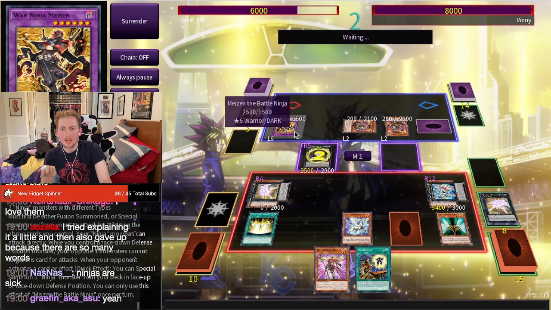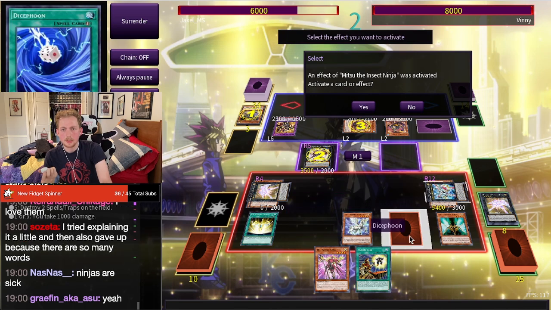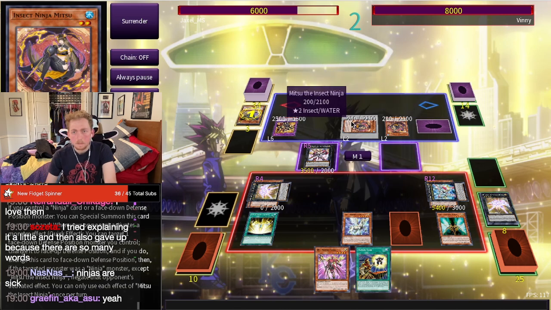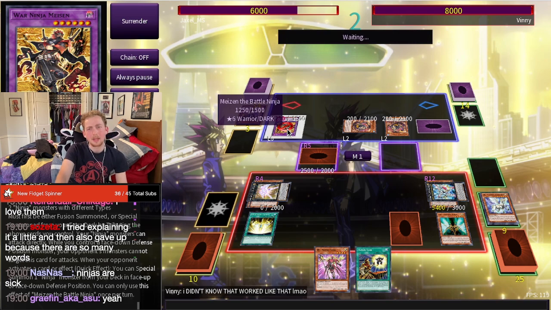They'll either chain the Mazen itself or they'll chain Mitsu. And if they do that, we just negate with Twin Saber. Now that's dead. And it depends what they're able to do from here, because if they're able to do some sort of play that gets them...